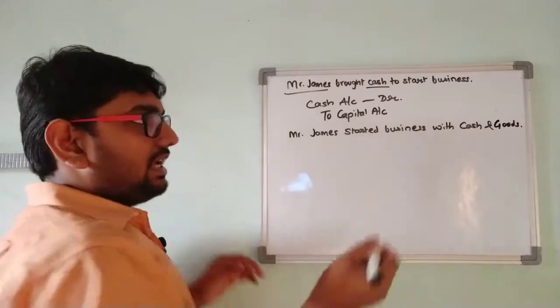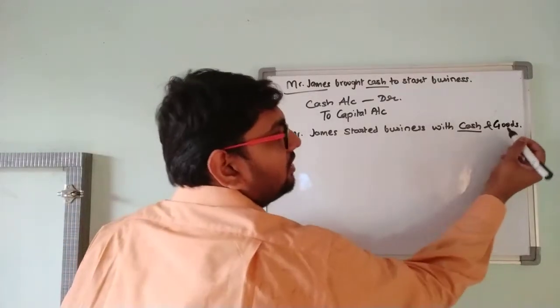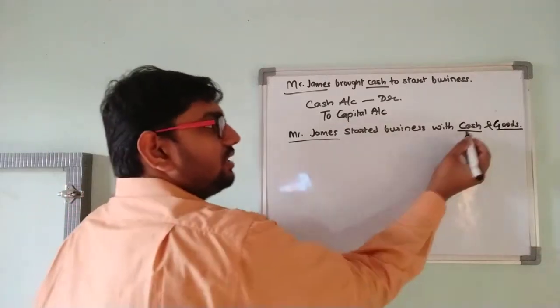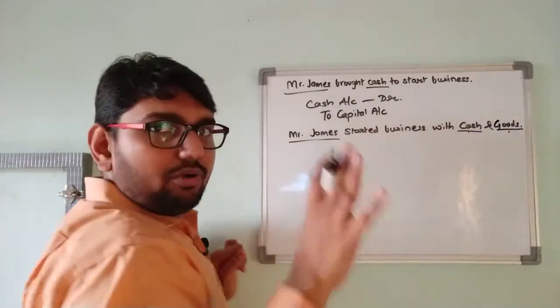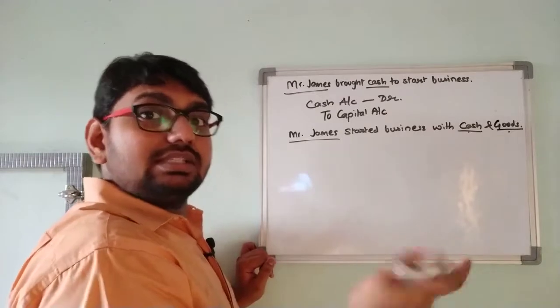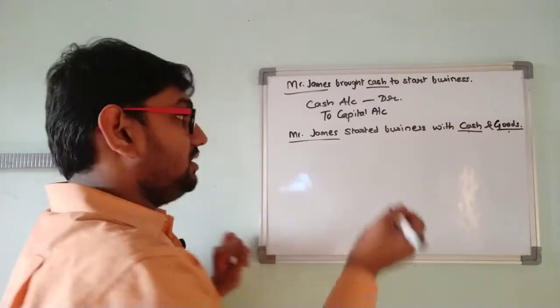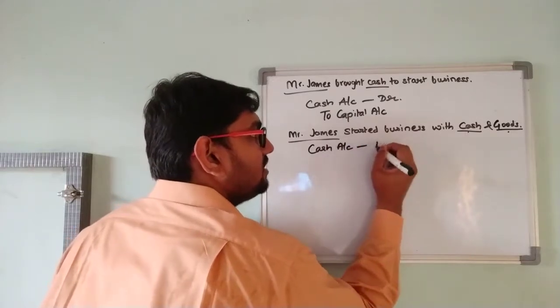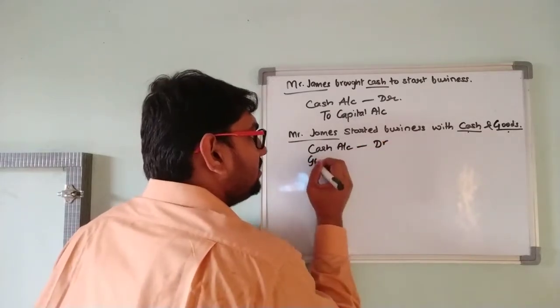So in this transaction, cash is important, goods is important, and Mr. James is important. So cash and goods both are my properties and both the properties are coming in the business organization. So I will debit the cash account because again debit what comes in, and I will debit the goods